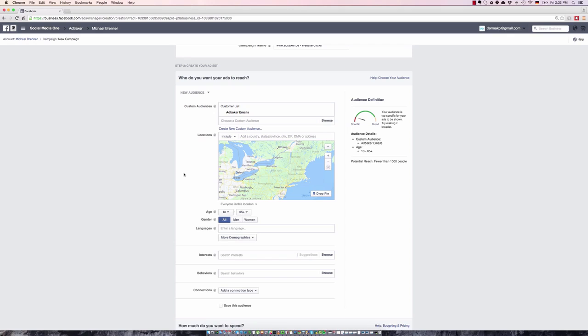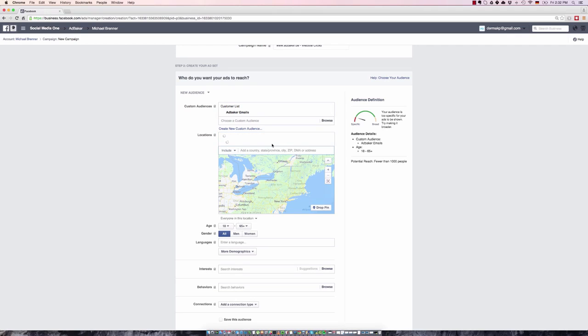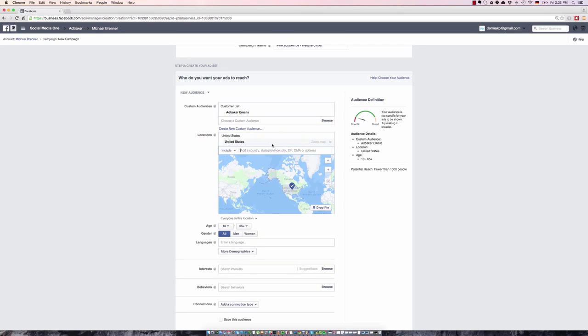And the only 3 targeting options I would use to get more specific are the locations, age, and gender. So with locations, you can say, hey, I just want to reach a very specific segment of my customers or of my email subscribers who live in the United States, right? So if you have a mixed customer list with people from the United States, UK, Australia, you can say, okay, I just want to reach the ones living in the United States and UK, but not the ones living in Australia.